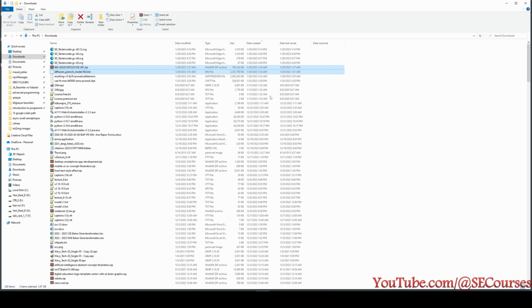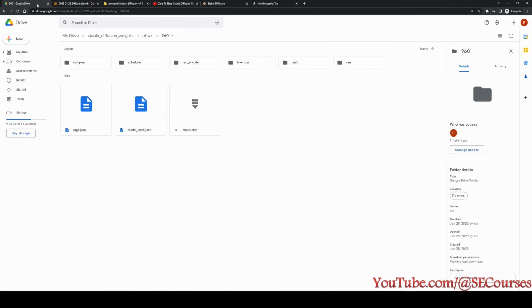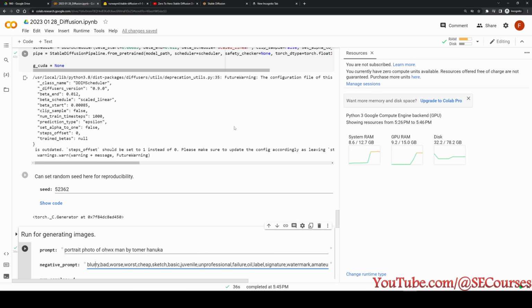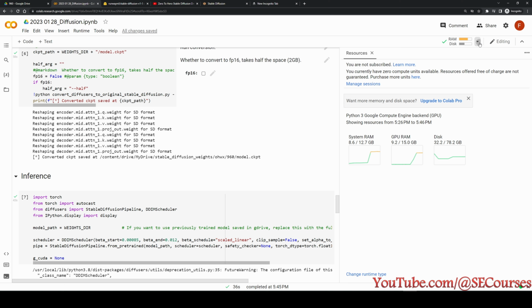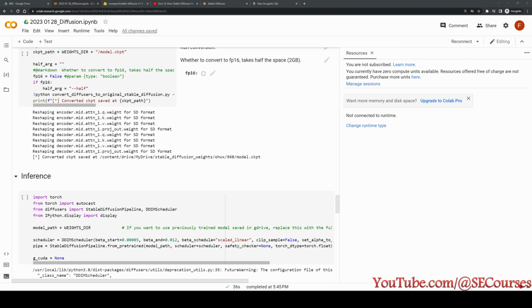Then we are going to upload it into a new Google Drive. First of all, I will close this instance because I will continue from there. To do that, I am clicking disconnect and delete runtime. Then I will log into my other Gmail Google Drive to upload there.